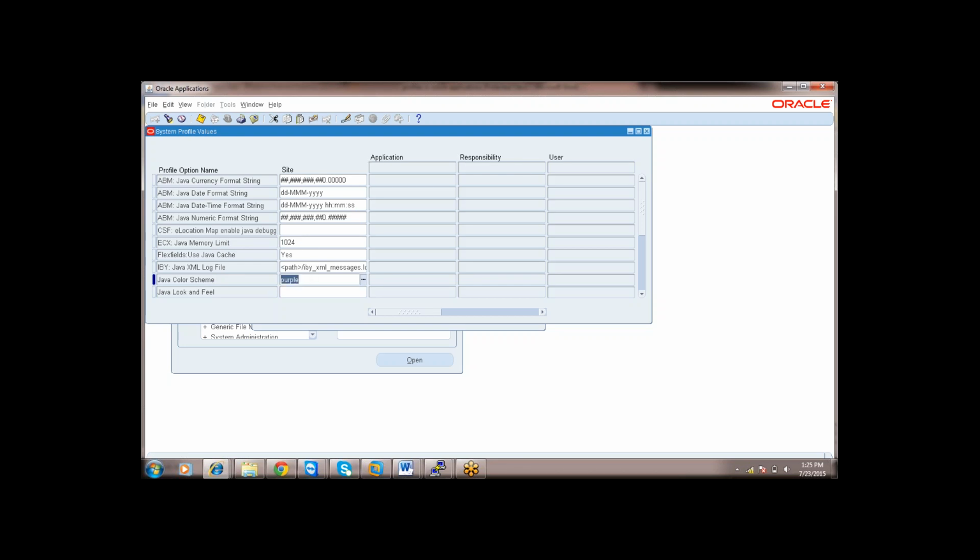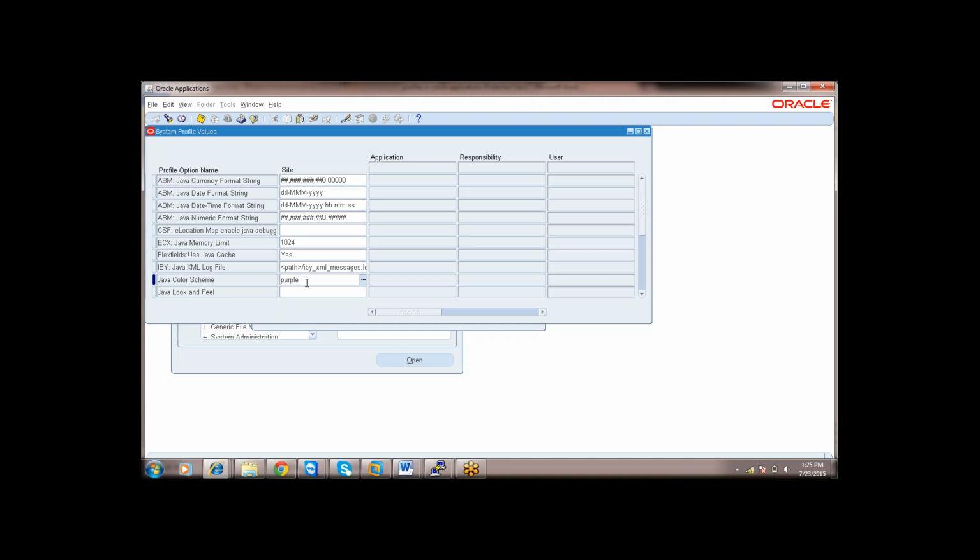And this is the value which I set at the site level, purple. Site is global, so if you set some value at site level, that value applies to all users in the Oracle applications. For the entire Oracle applications, this is the only one value.